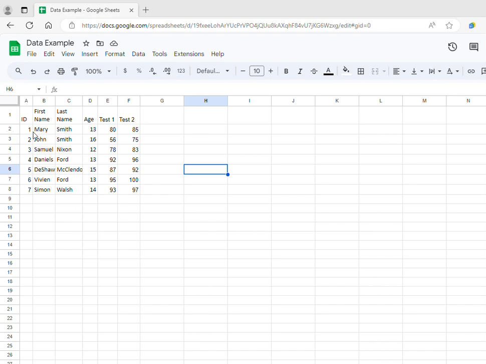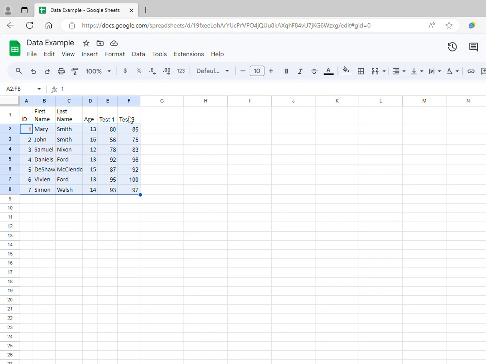So to do this, first I have to select the range of data that I want to sort. And when doing this, we have to be very careful because I want to select all of the columns that refer to the same individuals. If I am selecting only some of the columns, then very serious errors can occur. So I have to select everything that is related to the individuals, and everything that I am leaving out is just the column names because these are the variable names and I don't want them to be mixed with the